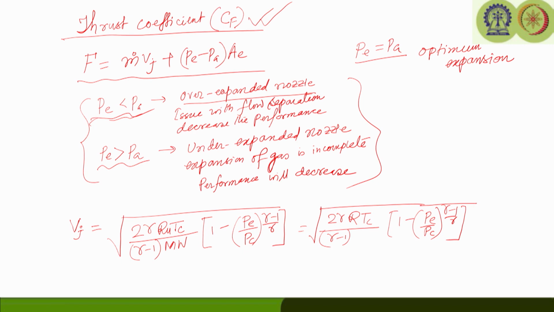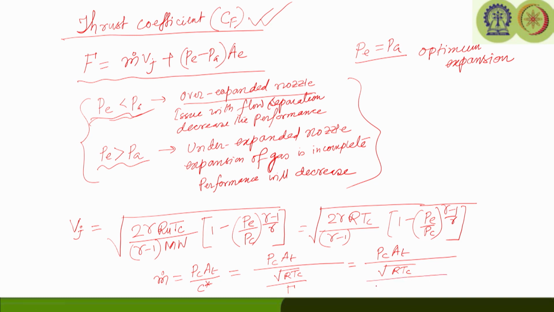Now, let us recall the equation for m dot. We had the relation of m dot with respect to the chamber pressure, throat area and the characteristic velocity by this equation: m dot equal to Pc At by c star. Now, if you put the value of c star here, we can write Pc At divided by the equation for c star, which was R Tc by capital gamma, which is going to be equal to Pc At by R Tc